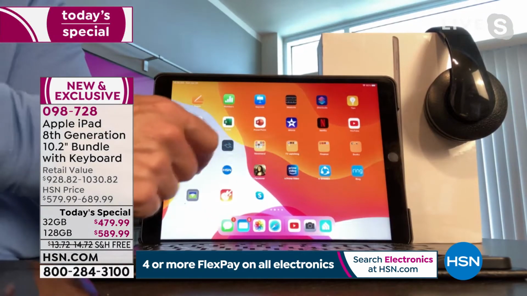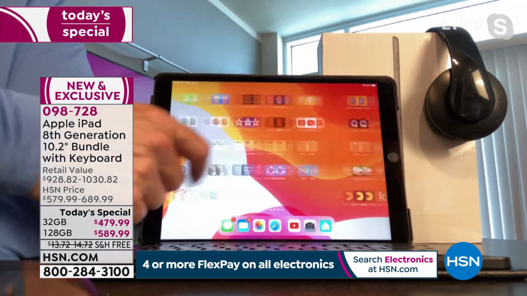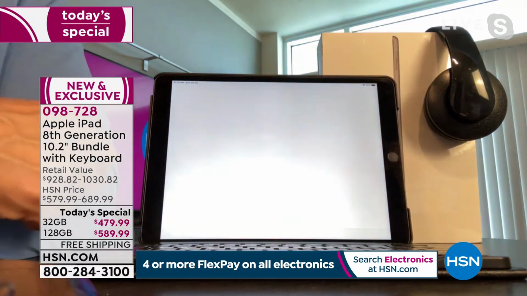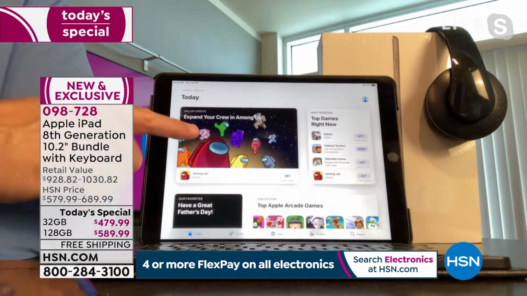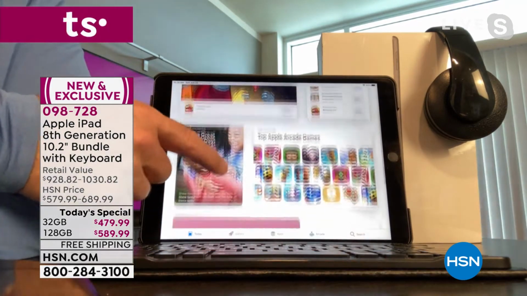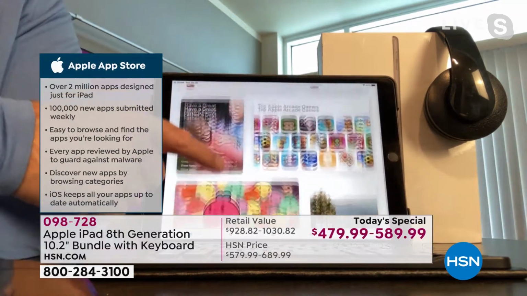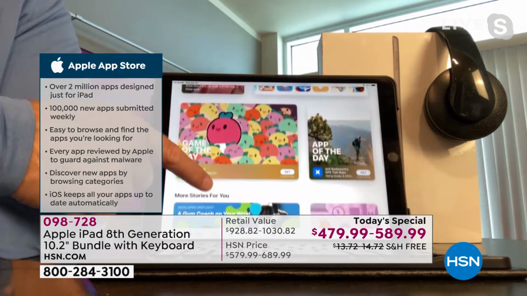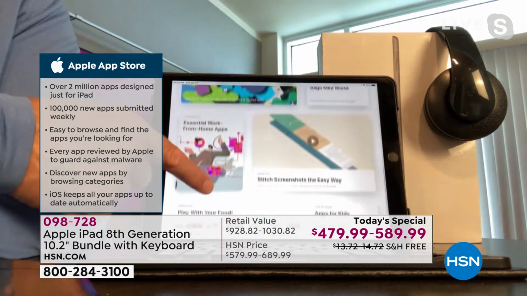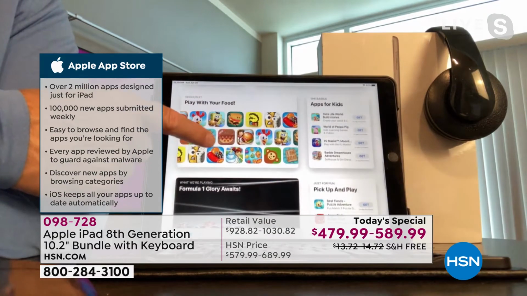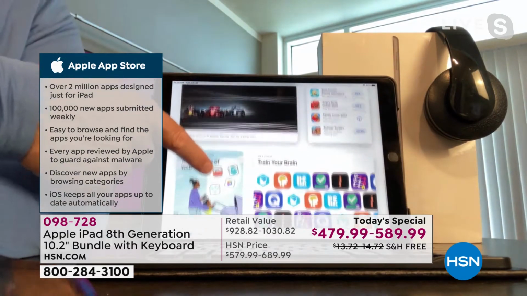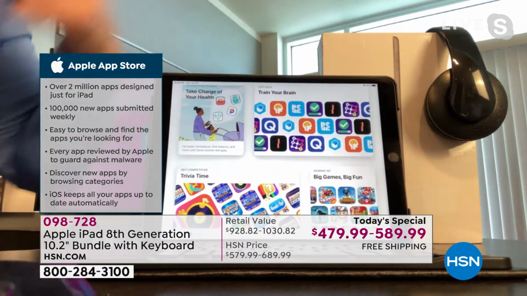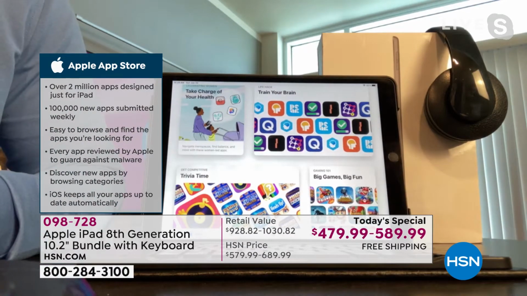Because when you come over to the Apple App Store and you find different stuff to keep the kids occupied or you need it for work, all of these different apps and services, they're more secure. So I'm not going to be as susceptible to viruses and malware, but they're also not going to get all that extra stuff running in the background. So as I download something to keep the kids occupied, or maybe some of the 6 apps that we're including, or something to keep my brain going through the summertime, it's just going to be efficient for years to come.